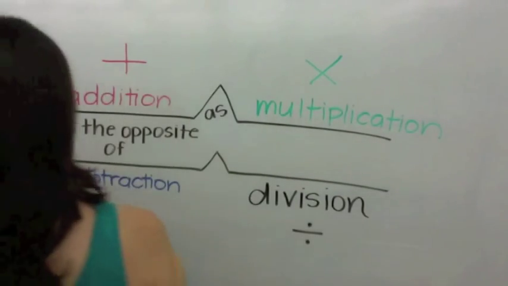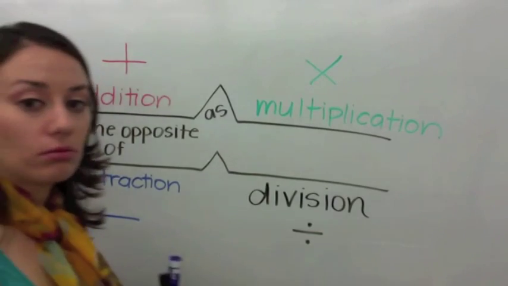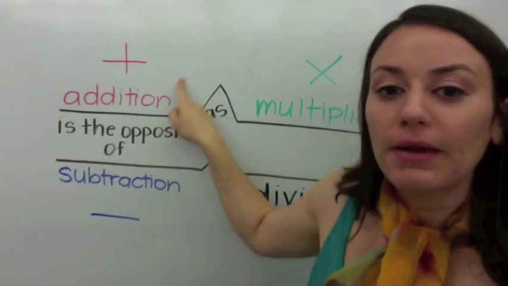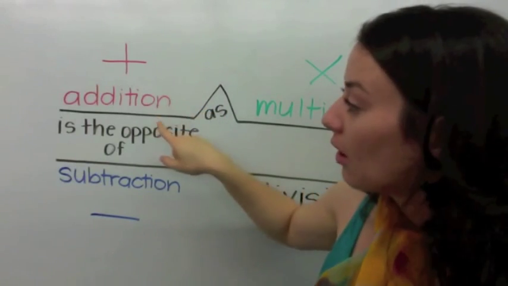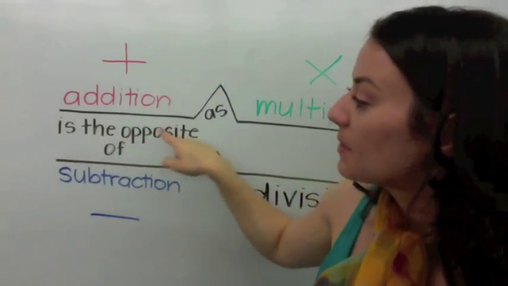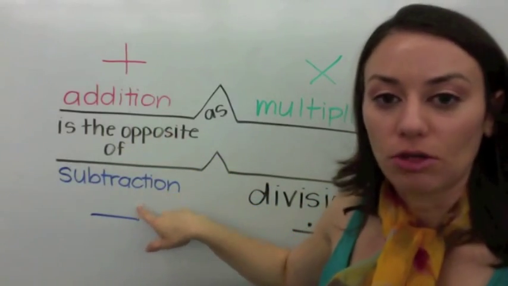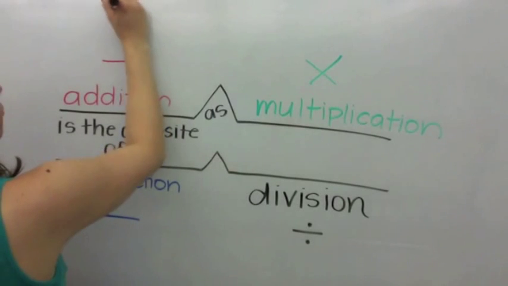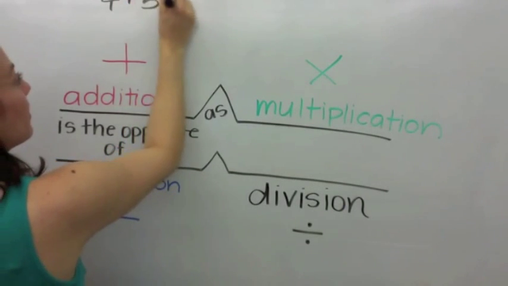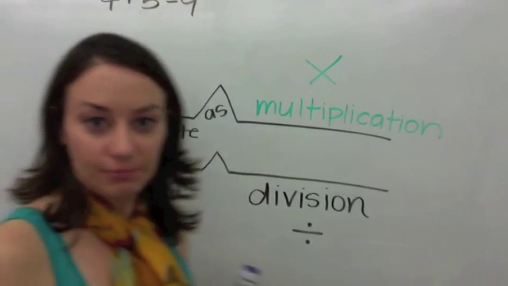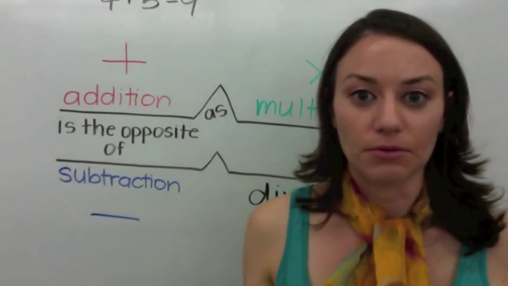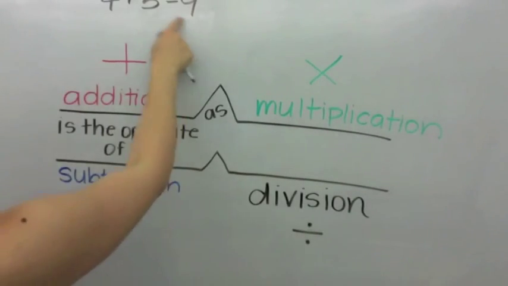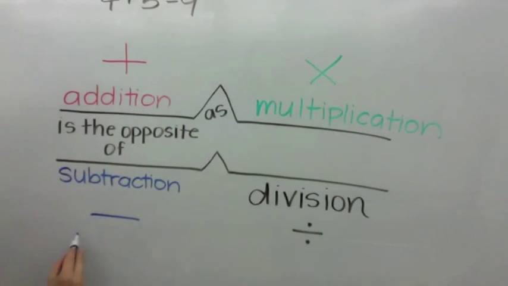So I'm going to start with one that you probably already know. Maybe not, but maybe. Okay, when you talk about addition, did you know that addition is the opposite of subtraction? So for example, if I tell you that 4 plus 5 is 9, you know that, right? Well, the opposite number sentence, when you use subtraction, but you use all of the 3 same numbers, is that